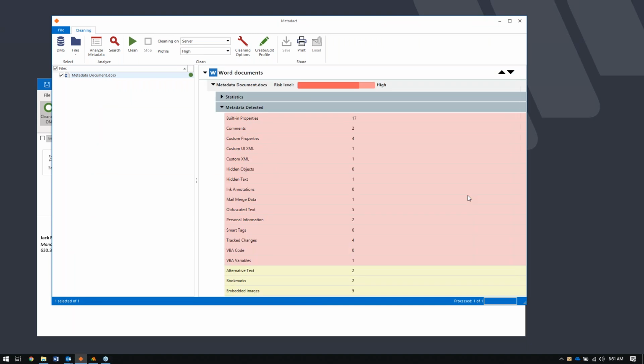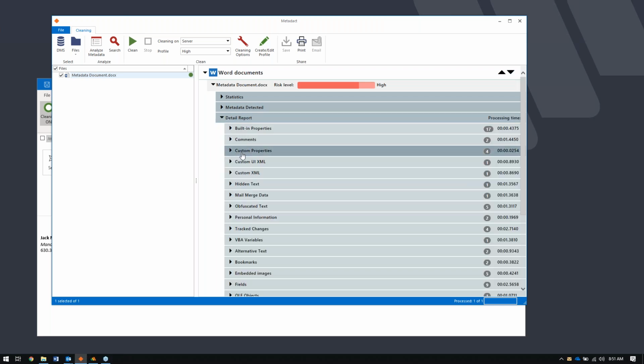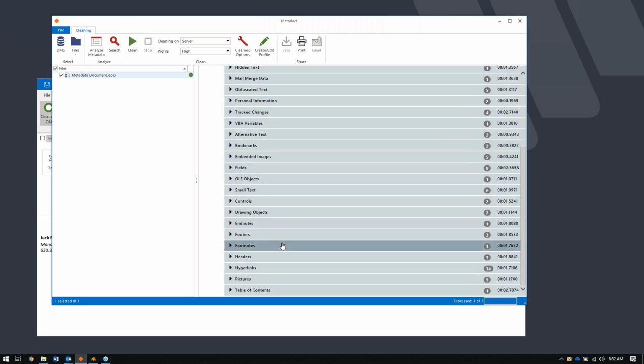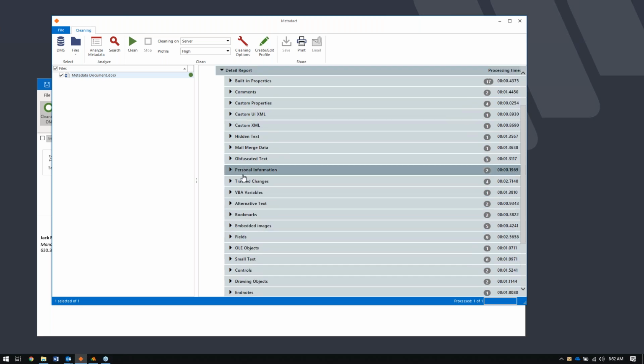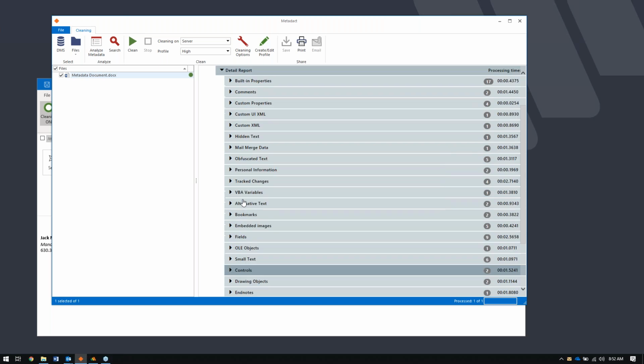So like the example I gave, I attached an email, I got prompted, I go, wait, what, maybe I need to dive into what types of metadata are in here, what information's in this document. So you can drill down into the specific types of metadata if you needed to, and even see something like the track changes or comments that are in the document to understand